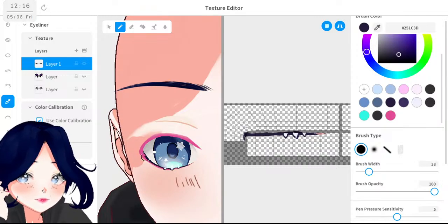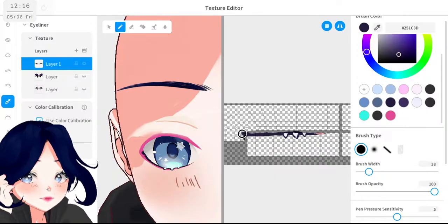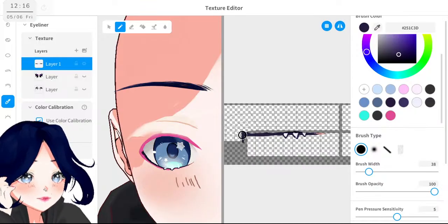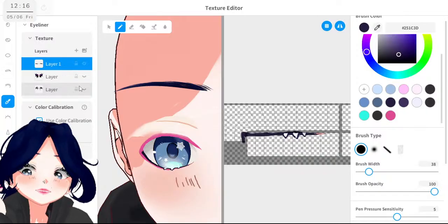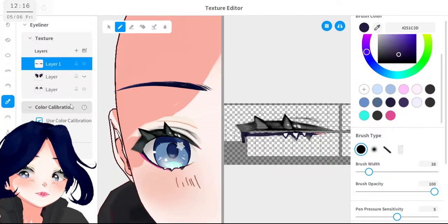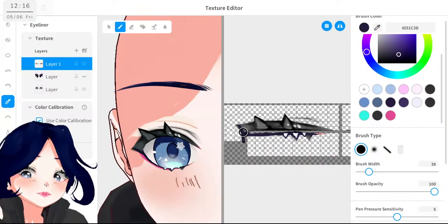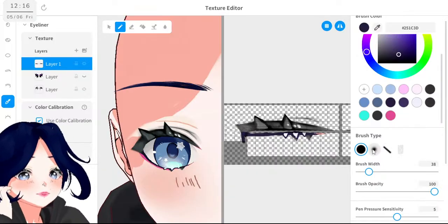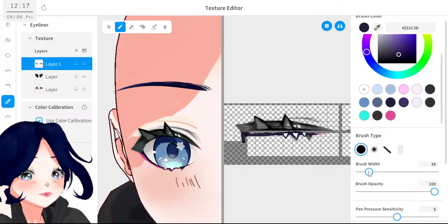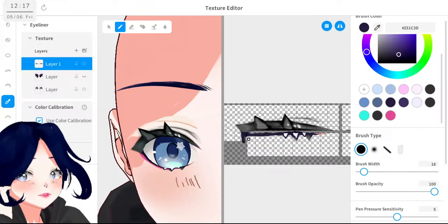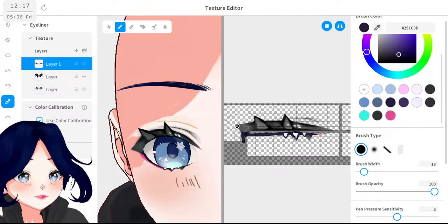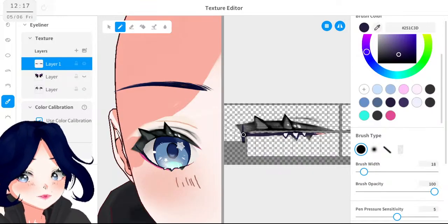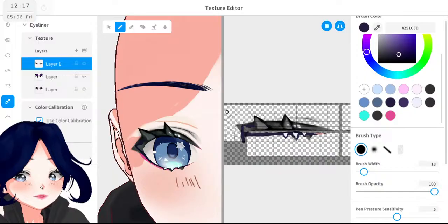This one. Here. Smaller. No, this one looks a little off.